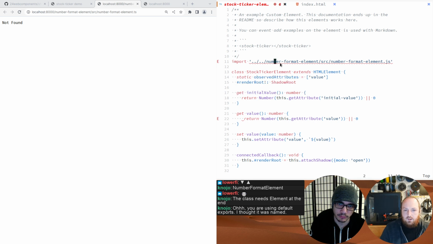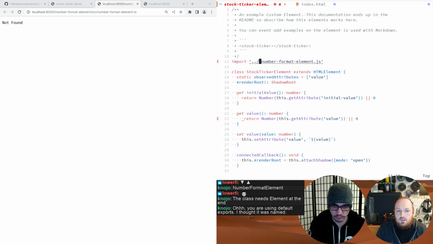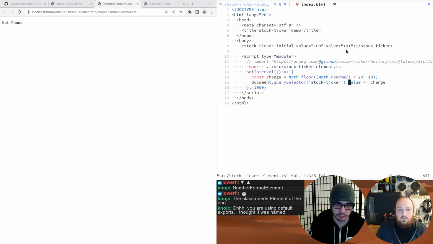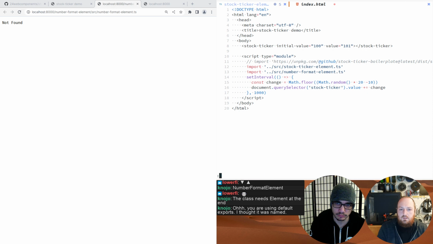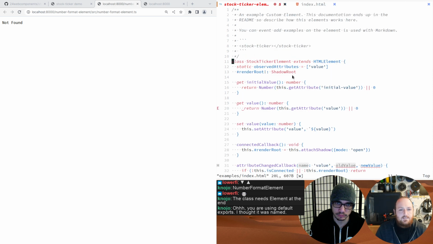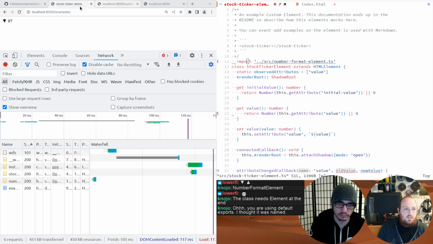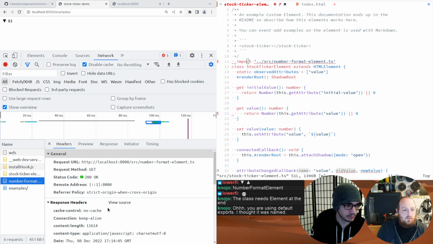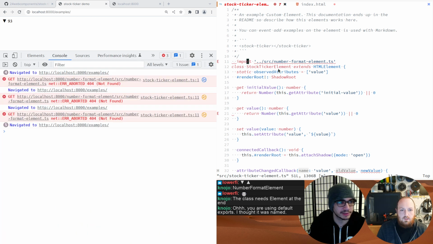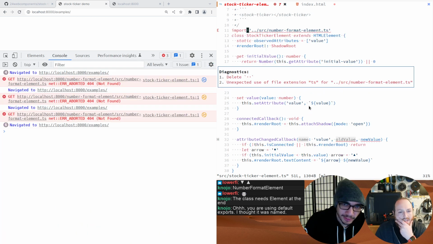I'll figure it out another time. For now we'll copy and paste it. We don't even need that then, so we can just number format element. I guess it should be a dependency of this though, right? Let's see if this is working now. Yeah, check it. We're getting the source for this. Nice. So we should be able to,